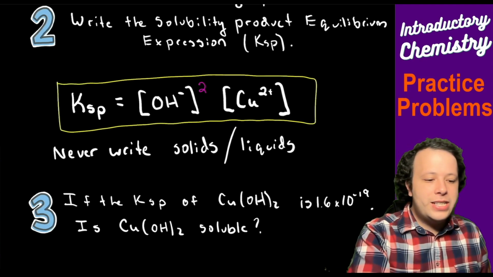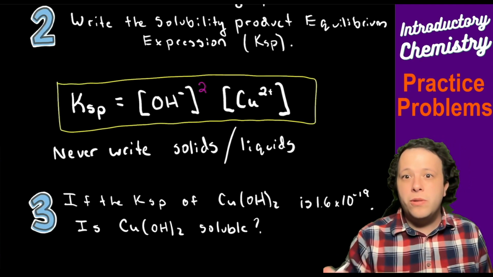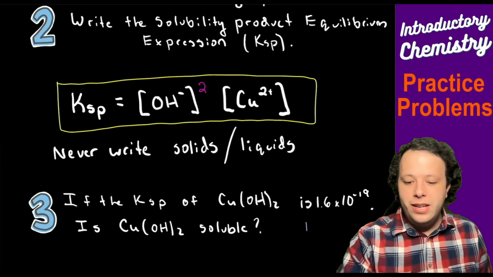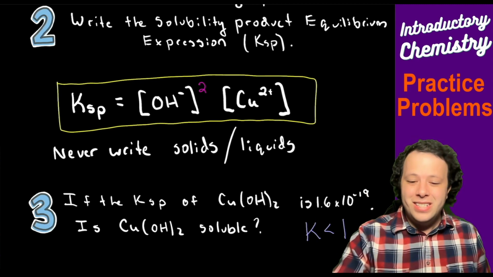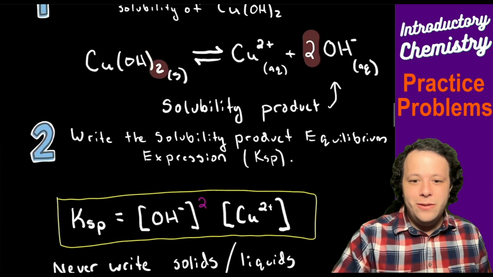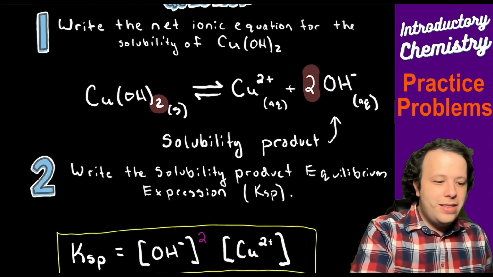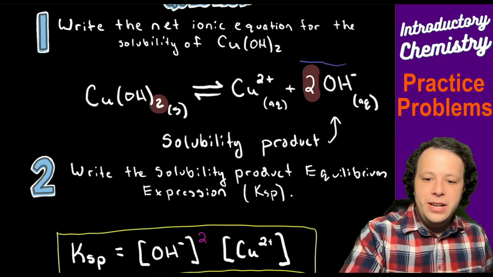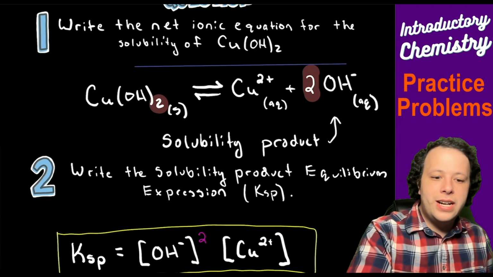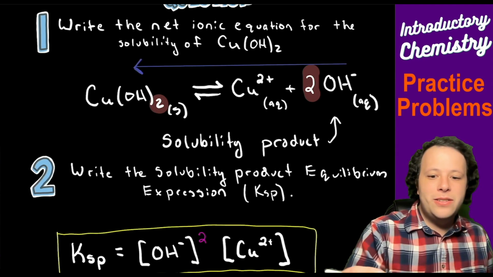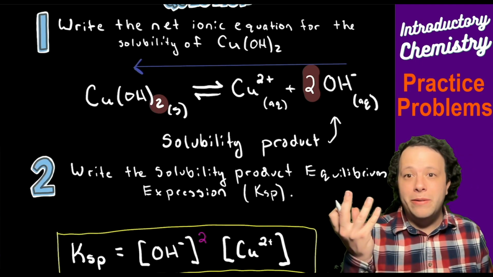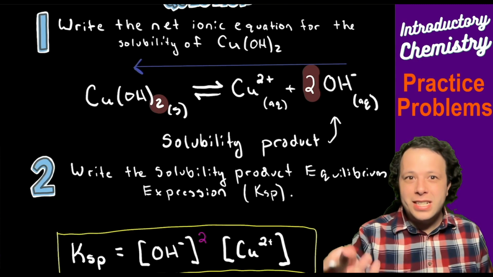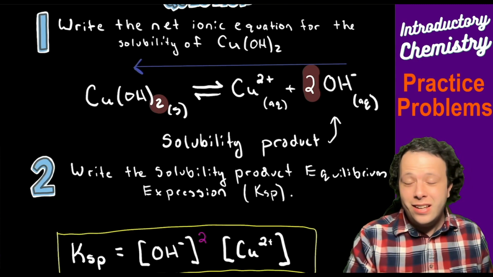First, you're going to ask yourself, is that greater or less than 1? And one thing you're going to see is that K is very much less than 1. It is very, very small. So when that happens, that's telling you, if I go back up to my reaction here, that this is very much favoring the left-hand side of the reaction. Being that it is favoring the left, that's telling you it's mainly existing in the form of a solid. So this compound is not very soluble at all.